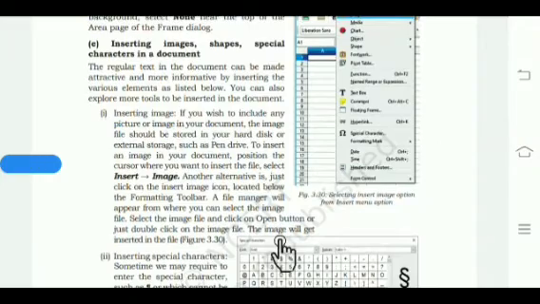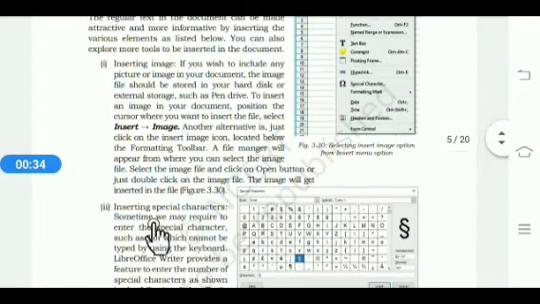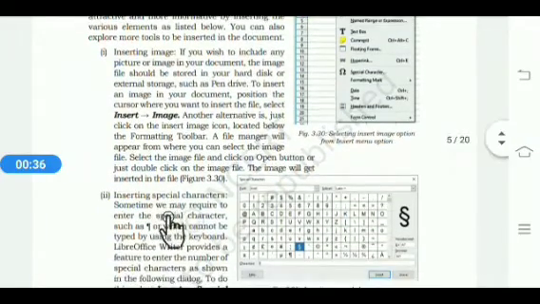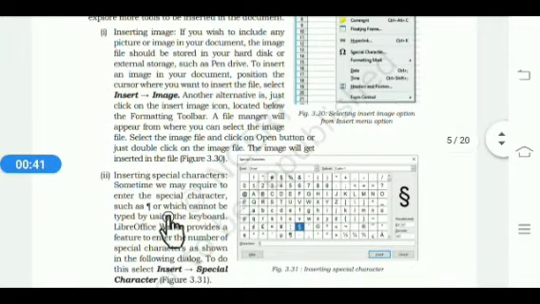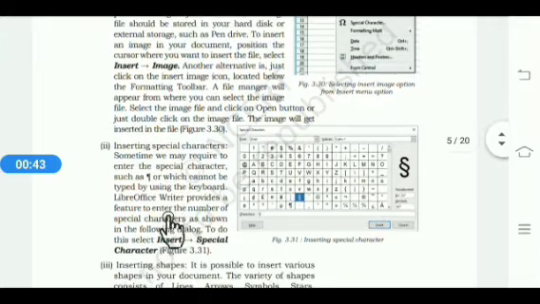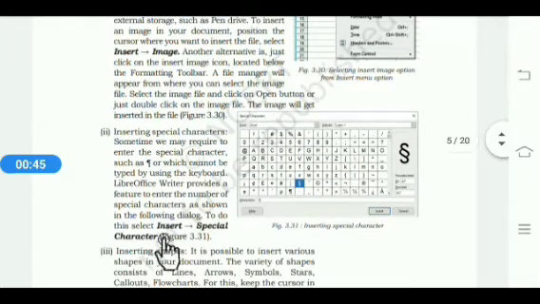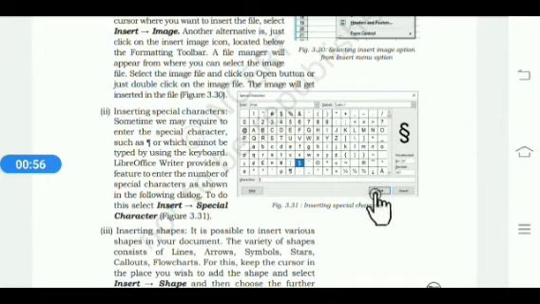Then next is inserting a special symbol. If you want to insert a special symbol in your document, firstly click on the Insert tab, then click on the Special Character option, then the Special Character dialog box will appear. Select any special character or symbol according to your requirement and click on the Insert button.